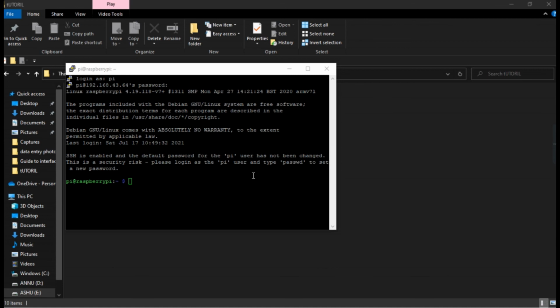After that it will automatically ask for rebooting. In my case I have already done all those parts, so that's why it is not showing; it will directly move me into this window. In your case it will ask you to reboot. You have to tap yes. After that just close this PuTTY. In my case I have to reboot, so type sudo reboot.